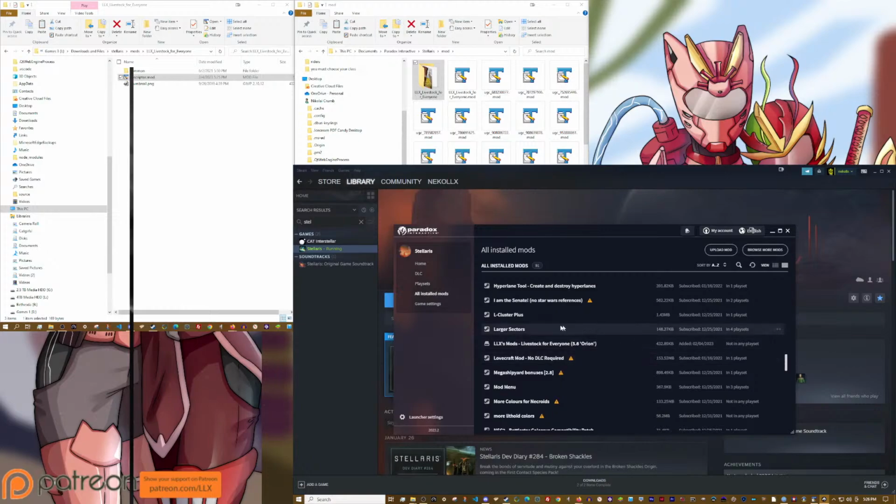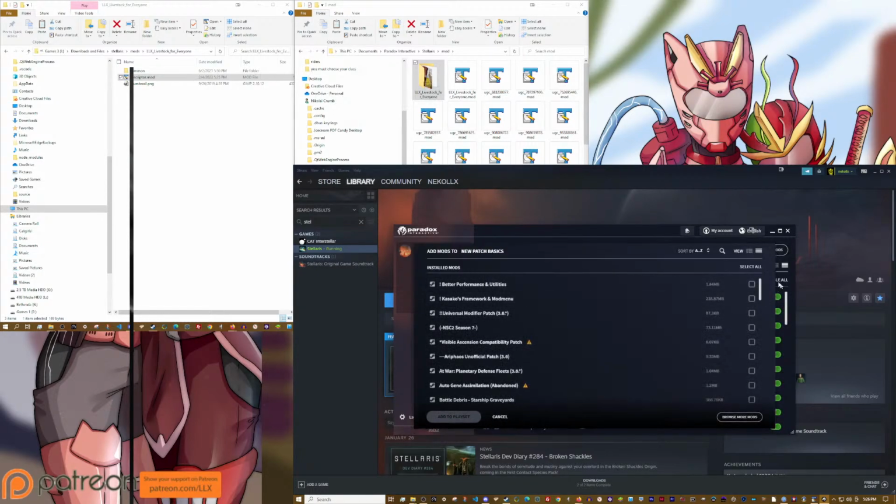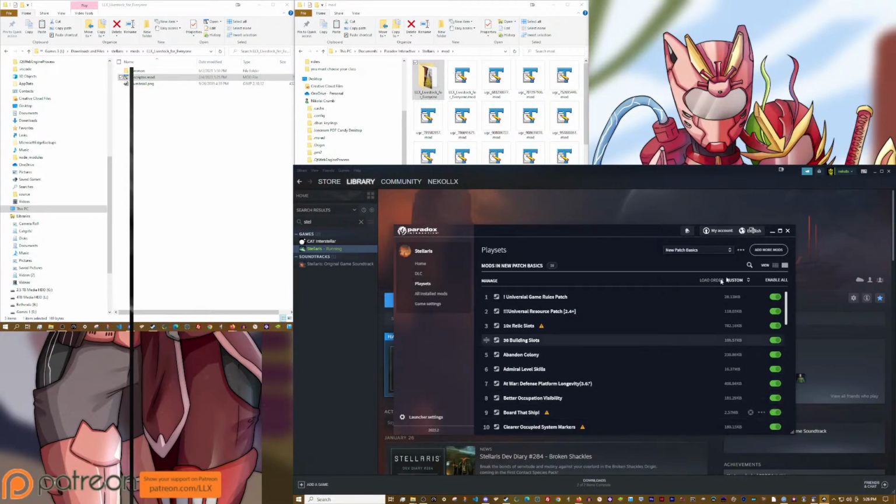But I don't want to update it just yet. I want to make sure it actually is working in game. So we have Livestock for Everyone listed here, 3.6. It doesn't have a warning saying this is for an outdated version. So let's go over to my playsets, mods for new batch. I want to add a mod here. Actually, what I should be doing, since they've made a lot of changes, yeah, let's do that. Let's go take, let's say,